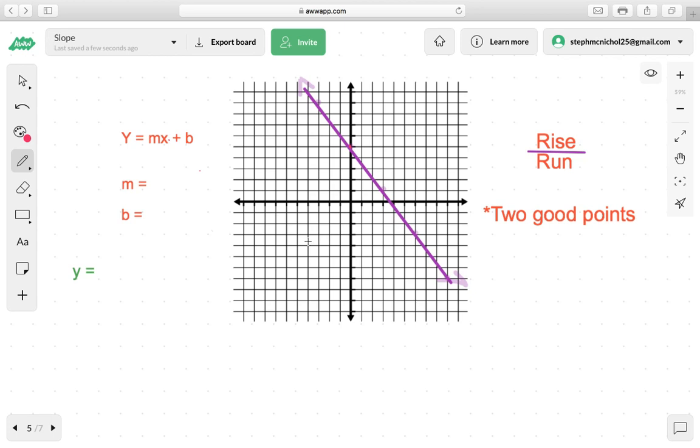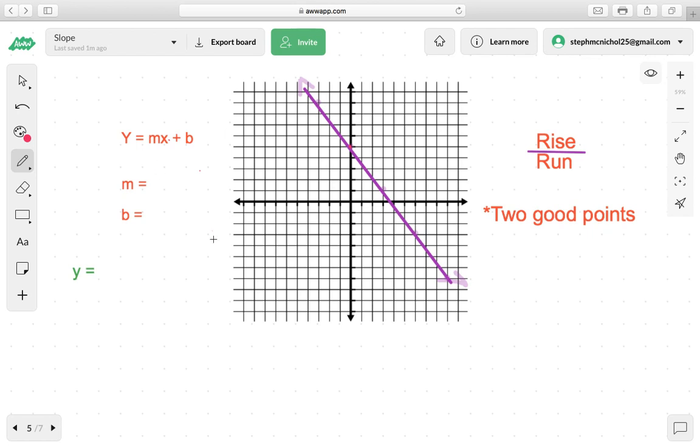Hey everyone, good morning. Today I'm going to be going over two different topics that are related to one another, but I'm going to split them up into two videos. So I'm first going to address how to find slope-intercept form, or y equals mx plus b, the equation, from